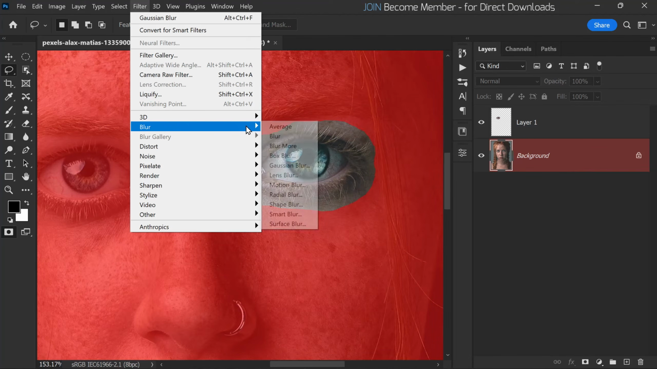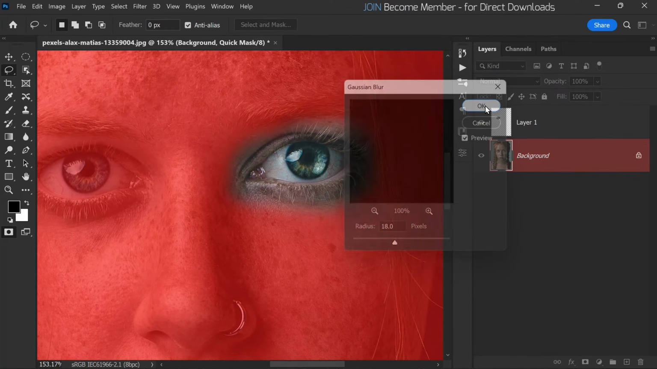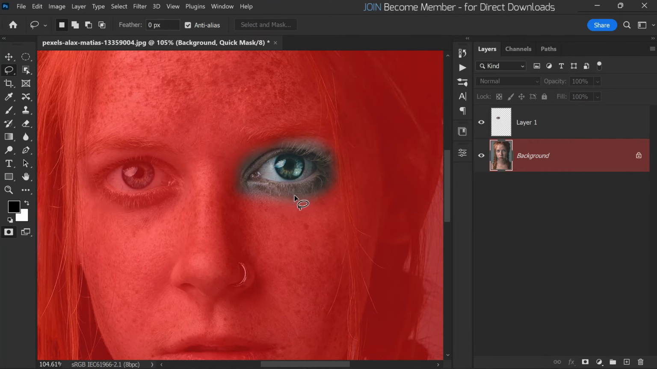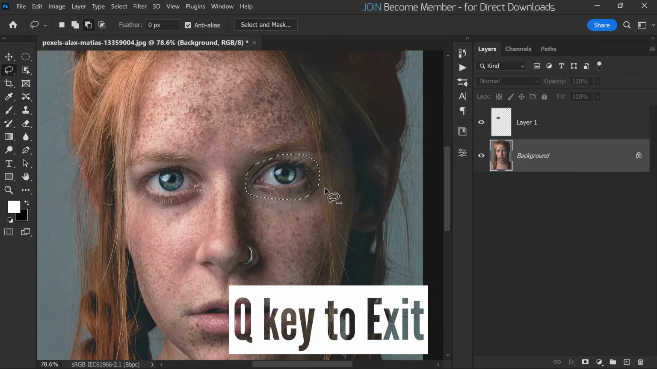Once you are in quick mask mode, go to the filter menu and select Gaussian blur. Set the blur radius to 18 pixels and then click OK. This will blur the selection and create a smoother transition between the selected and unselected areas. After applying the Gaussian blur filter, press the Q key again to exit the quick mask mode and return to